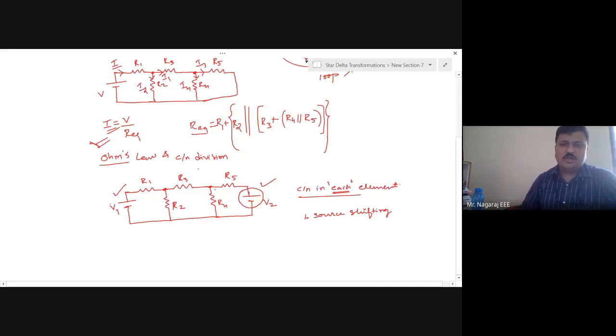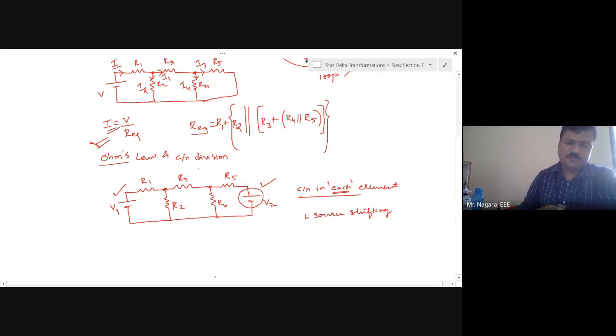So now I need new tools or methods to analyze the circuit as it is, without changing the structure of the circuit or taking its equivalence. Because if I take the equivalent, all the elements will get consumed as one equivalent element, but I don't want that. And that is also not so easily possible with multiple sources in the circuit. If there is a single source, an equivalent circuit can be taken very conveniently. Even with multiple sources it can be taken, there are theorems for that. But in the first place, I am talking about analyzing the circuit as it is.